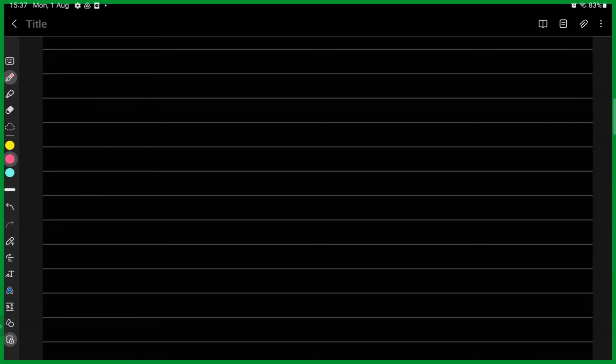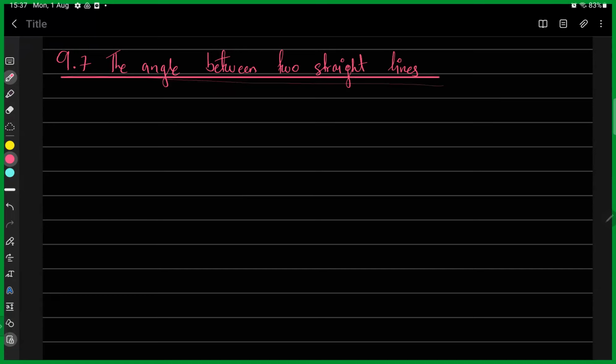This is basically the seventh unit of this chapter, so it's 9.7. The angle between two straight lines. Okay. Now, in the previous section, we discussed the scalar product, and in the scalar product, we know that